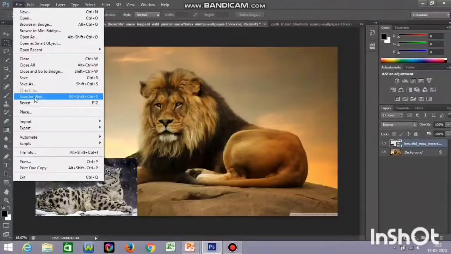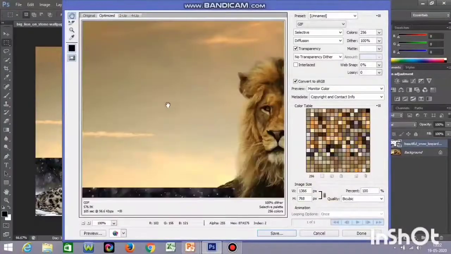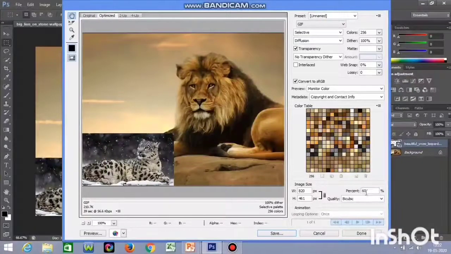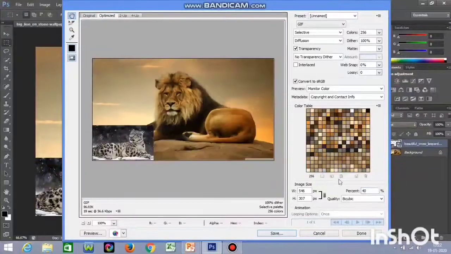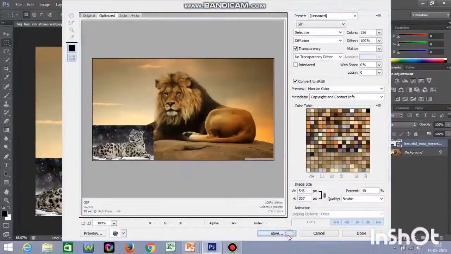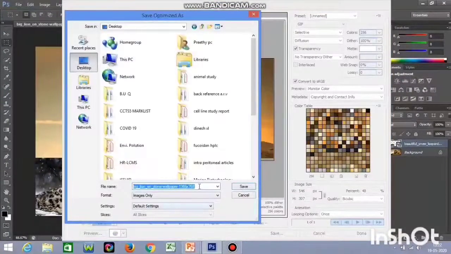And then the other one is Save for Web. When you click on this, it will show you how you can save your image for the web. So here you can reduce it, as it is at 100% and going with a large size. If you want to reduce it, you can go with 60% or something. So the image size gets reduced to 60%. The dimensions also get reduced to 60%. So I'll go with 50%. So now it's correct. We are able to see the full image, and now you can save it wherever you want. You can do some alterations in the color, background or whatever it is, and then save it. I'll just rename it, and I'll save it.